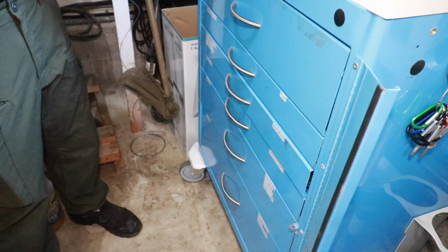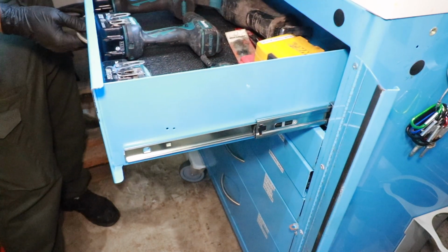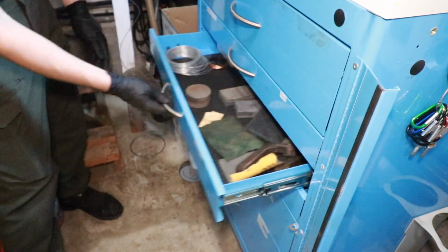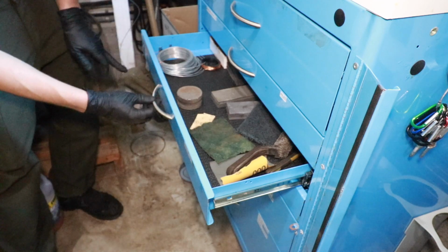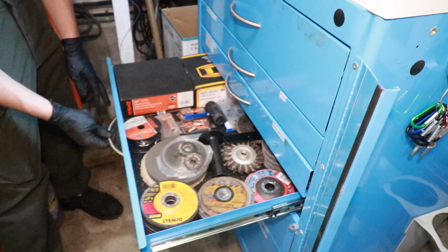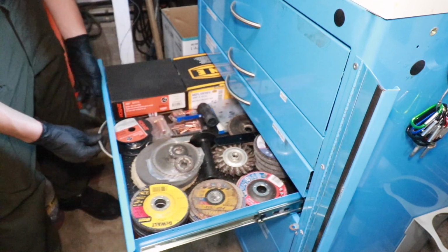And I do have 2 annex toolboxes that support my main toolbox. I'll kind of quickly run through them. So my Makita power tools, the top drawer, bonding chemicals, files. What do I have in here? Woodworking wedges, mechanic wire, polishing stones, wire brush, MIG welding, grinding discs, so extra MIG wire, tips, grinding and cutting wheels,